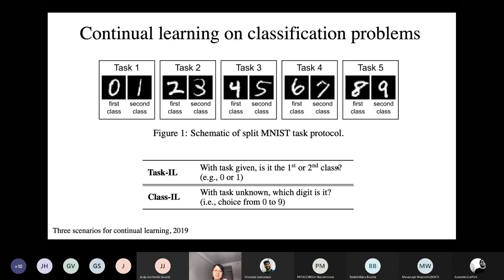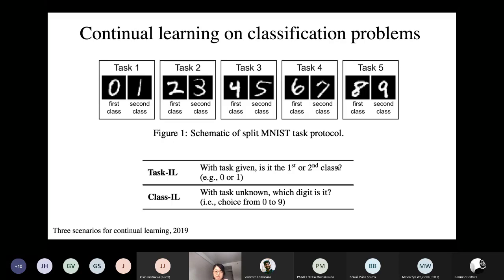Let me take MNIST as an example. There are 10 classes in total, and we divide the dataset into 5 subtasks. In each subtask, we have 2 classes. For example, in task 1, we have classes 0 and 1, and in task 2, we have classes 2 and 3. There are 2 commonly used evaluation settings.